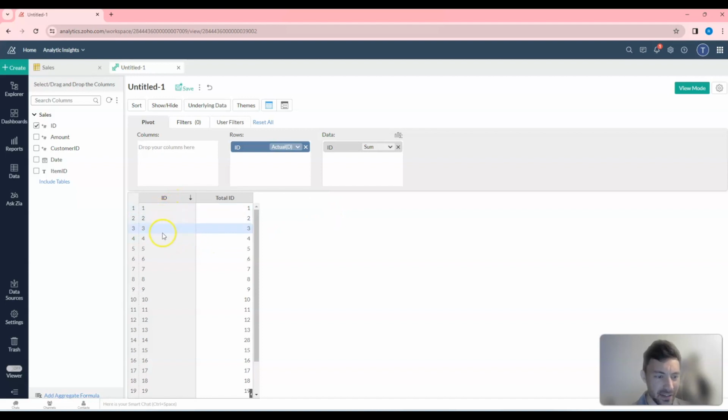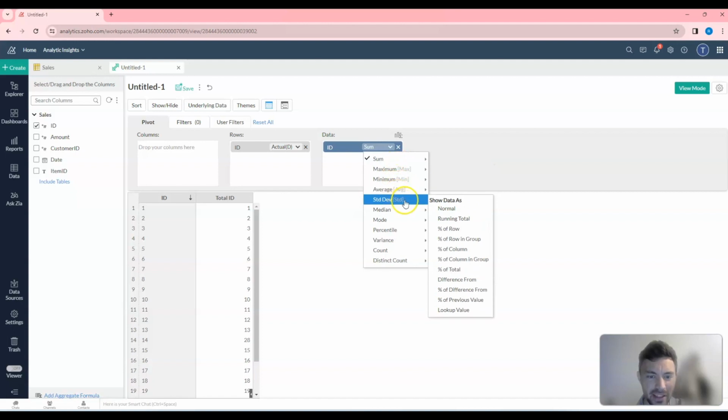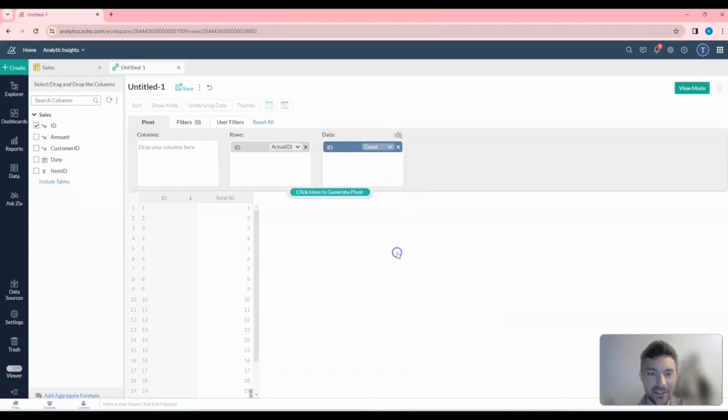On this side at least, it gives us every single one of our IDs in descending order. And on the right-hand side, it gives us the count. Wait, no it doesn't. Over here, you can see it says it's summing it up. So if we give that a click, it's going to show you all these different options you have to calculate the number you dropped in here. For our example, it's the ID. So we can do the sum, max, min, variance, count, distinct count. What we want to do is the count, just to count every single number in there to see if there's any duplicates. Once I regenerate that,